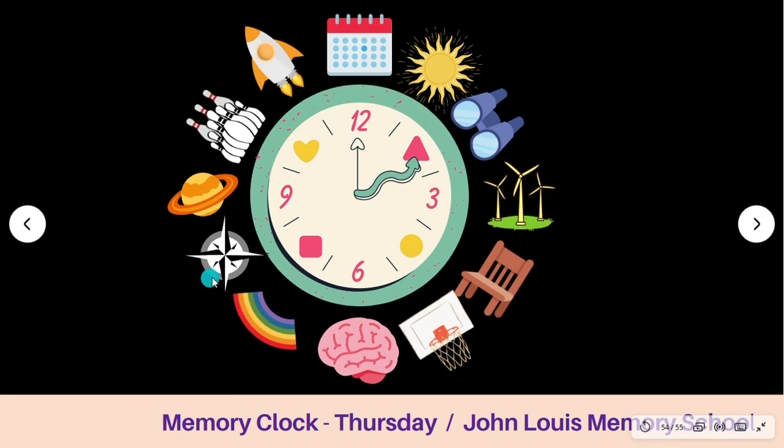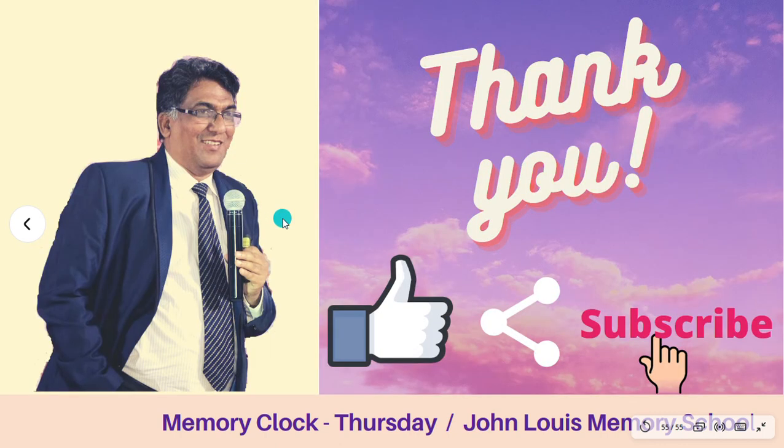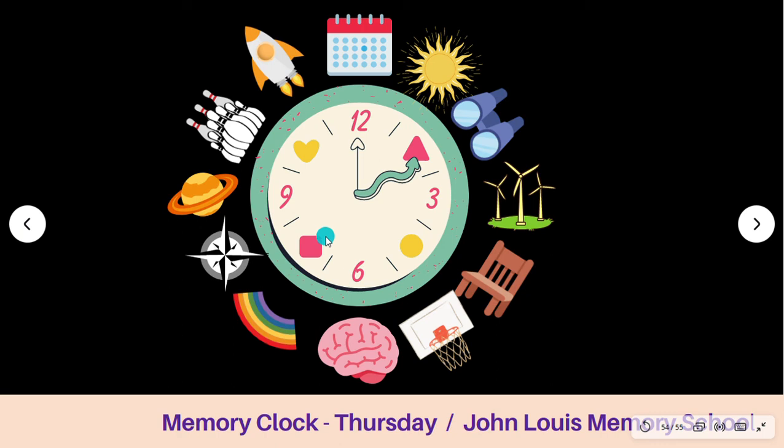Suppose you get to know the mental picture for the hour and what you have to do at that hour, you will be able to recollect it. Hope you enjoyed it. So like this, I have created 7 memory clocks for all 7 days. Therefore, each memory clock you have to use only for one particular day. So this memory clock you have to use only for Thursday. After using this Thursday, you have to use only next Thursday. Hope you enjoyed. You can check again and again what all the things you have memorized, or you can take your own things to do for Thursday and you can associate with these mental clock pictures.